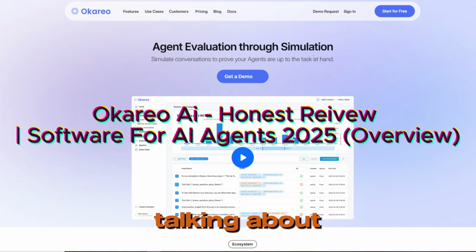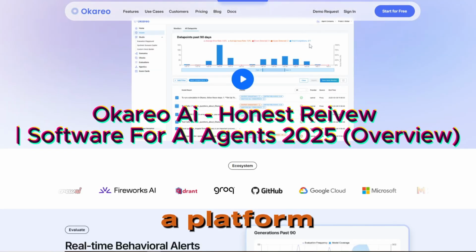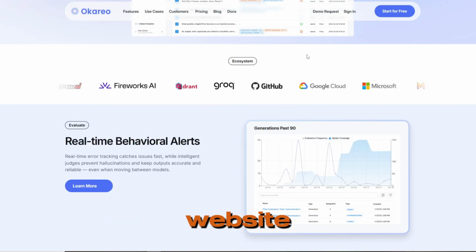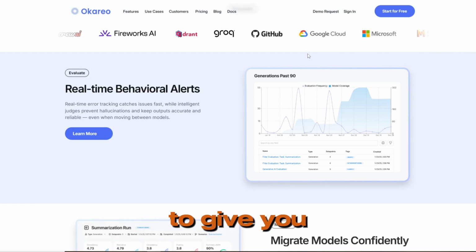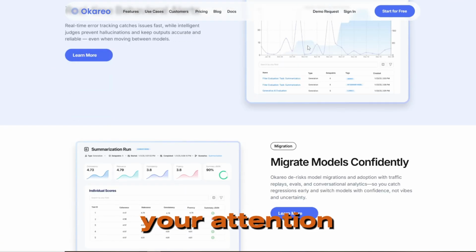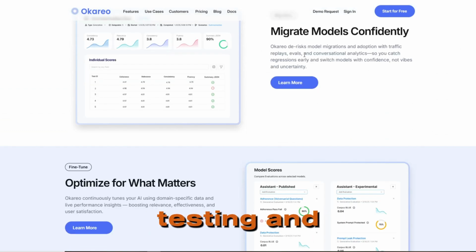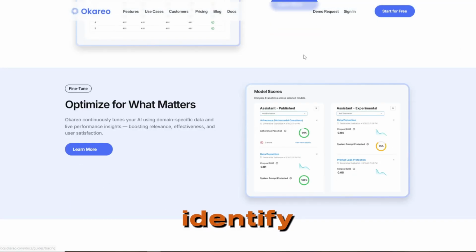Hey everyone, today we're talking about Okareo AI, a platform that promises to make your AI agents smarter and more reliable. I've checked out their website, analyzed their pricing plans, and I'm ready to give you an honest review about whether it's worth your attention. Let's dive in. Okareo AI is a platform for evaluating, testing, and deploying AI agents that helps identify errors, improve